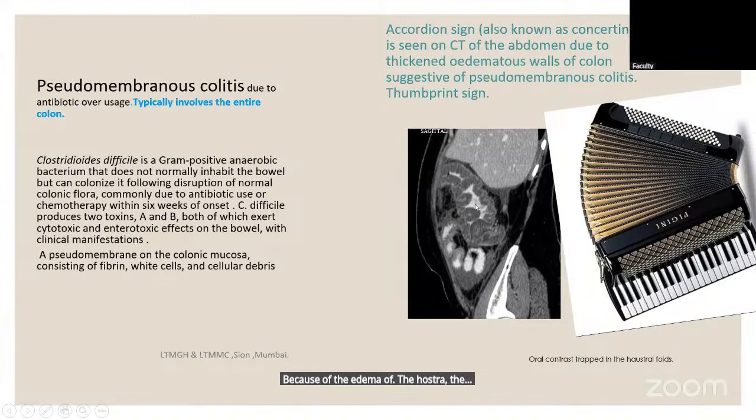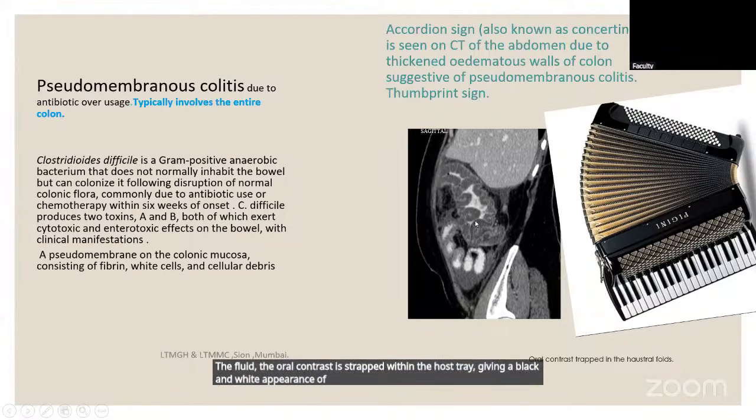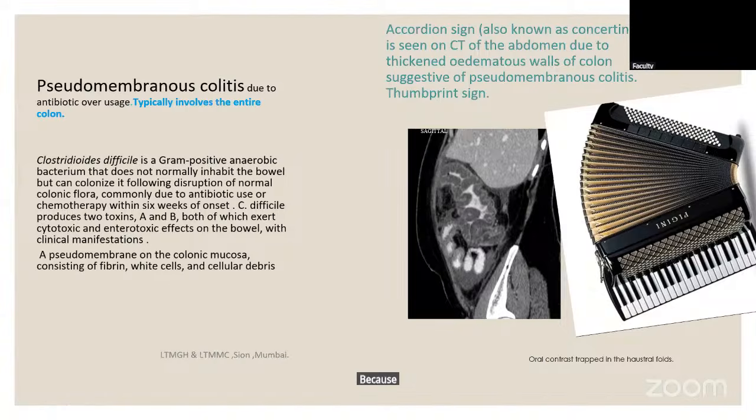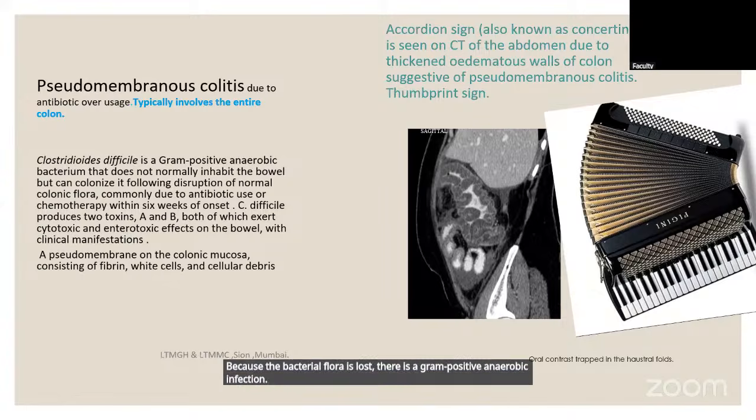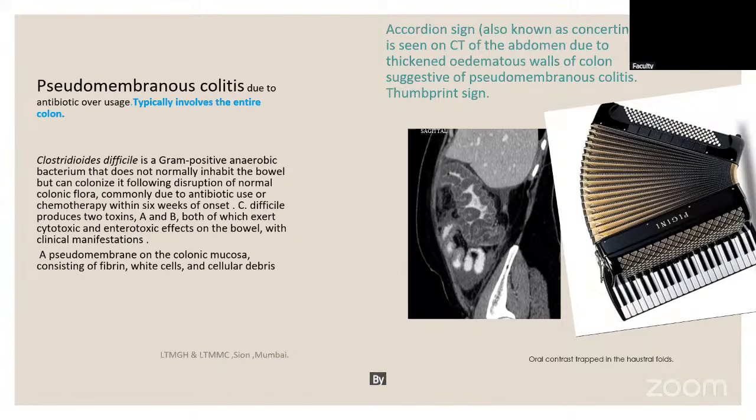The fluid, the oral contrast, is trapped within the haustra, giving a black and white appearance of an accordion, also known as thumbprint sign. So why does it happen? Because the bacterial flora is lost, there is a gram-positive anaerobic infection by the organism Clostridium difficile, which gives